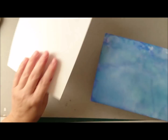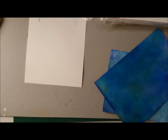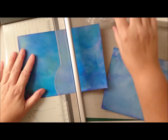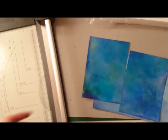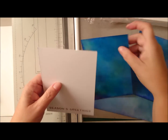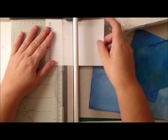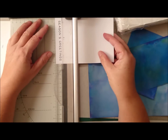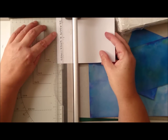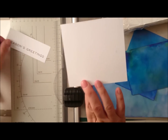So what I want to do is make a little strip out of the sentiment that I made. I made it a panel size, and these are alcohol ink backgrounds I already made when I got the paper in Monday, I think. I can't remember, doesn't matter. And I want to make the base where the sentiment is look like a snowbank or a snowy street, and the houses to be on there. So I'm trying to line it up with the lines on my cutter,